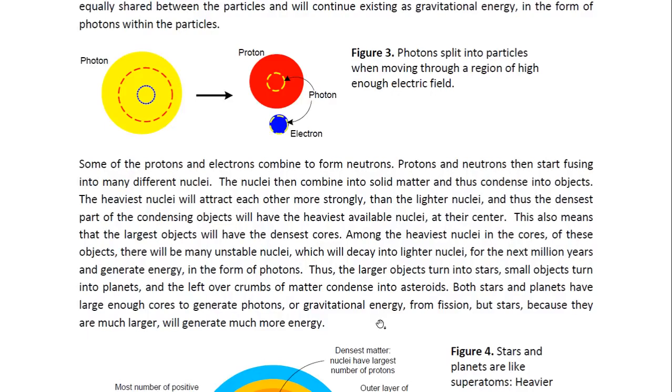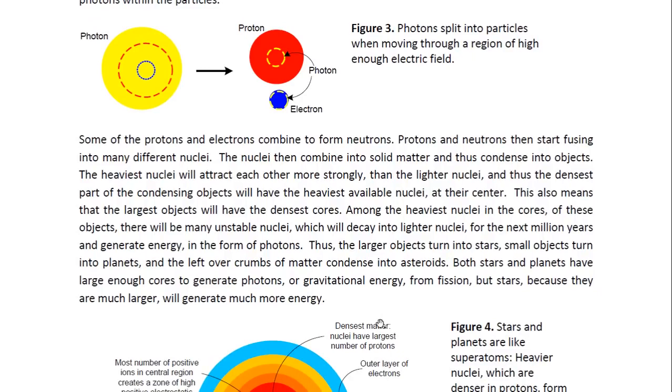The heaviest nuclei will attract each other more strongly than the lighter nuclei, and thus the densest part of the condensing objects will have the heaviest available nuclei at the center. This also means that the largest objects will have the densest cores. Among the heaviest nuclei in the cores of these objects, there will be many unstable nuclei, which will decay into